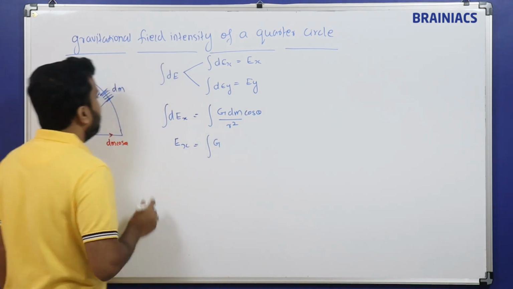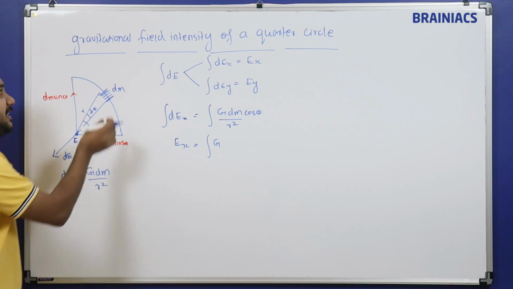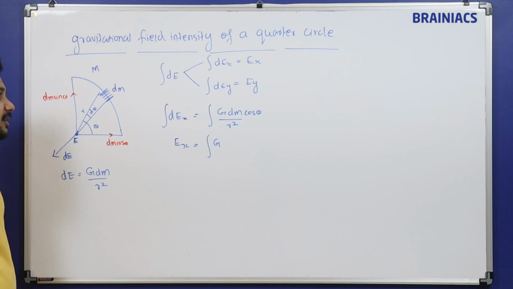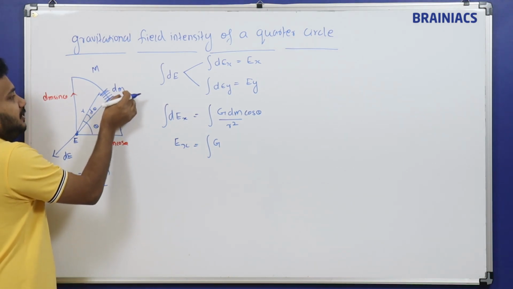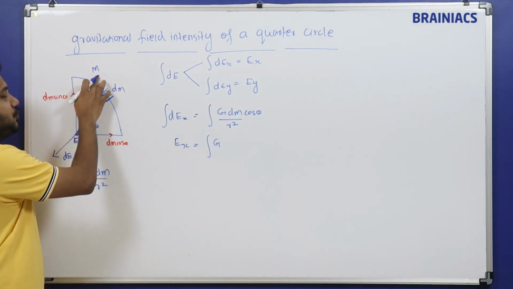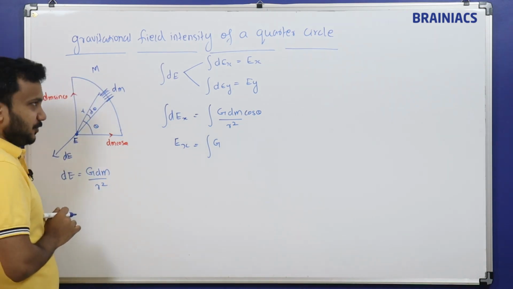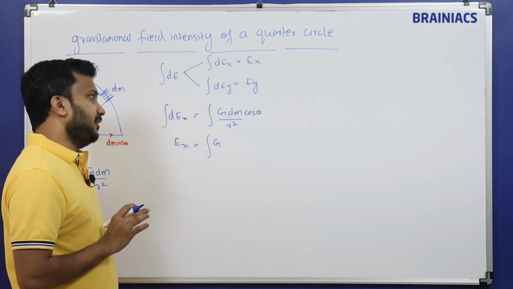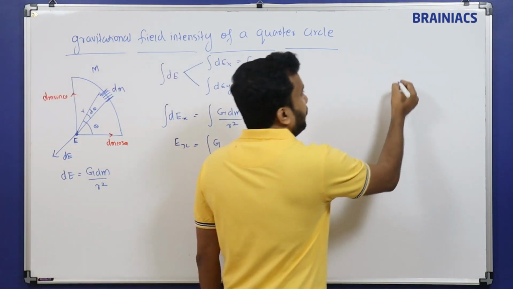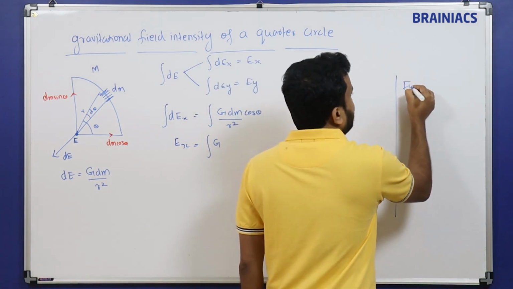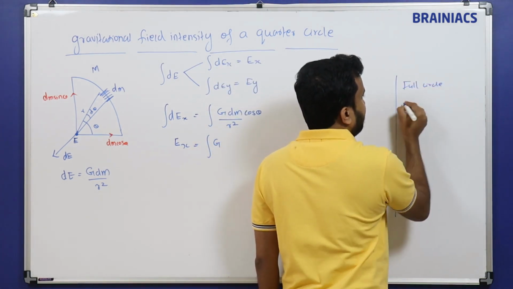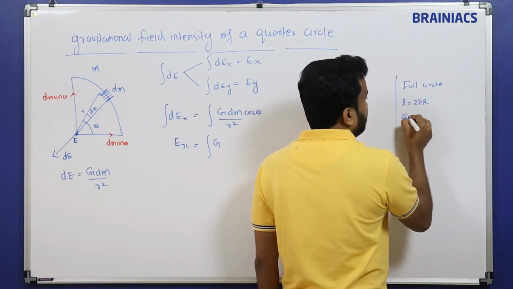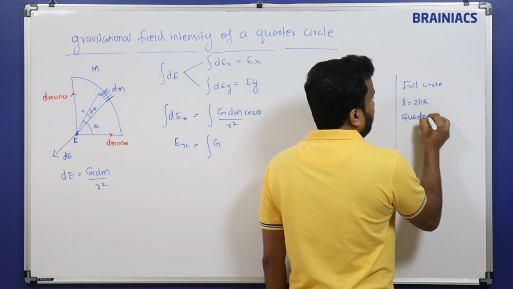Integral dEx means nothing but the x component. Integral G into dm, the mass of this small piece. What is the full mass? The full mass is called m. So how do we calculate the mass dm in terms of m and in terms of length? For a full circle the perimeter is equal to 2 pi r. So for a full circle, length is equal to 2 pi r. Here it is a quarter circle. So for a quarter circle,